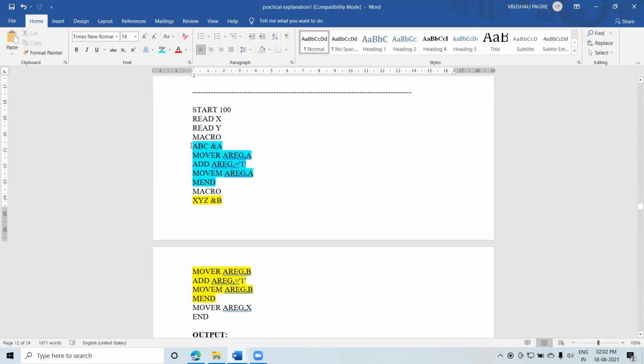What all comes in a macro definition? After the MACRO, this is called the macro definition line. ABC, this is the macro name line. And then from this macro name line till MEND, all these statements come into your macro definition table. So the only logic we have applied is: first of all identify macro, read the next word and copy those characters into your file. Again check whether that ABC is MEND. No, it is not MEND.